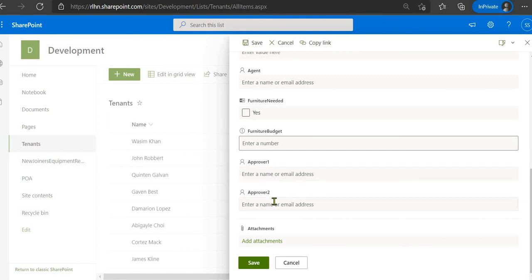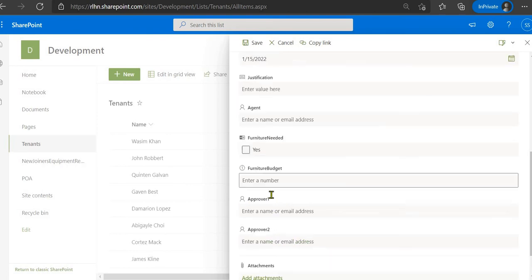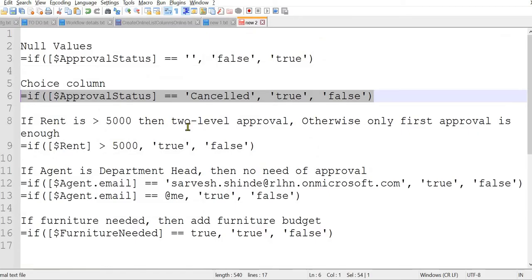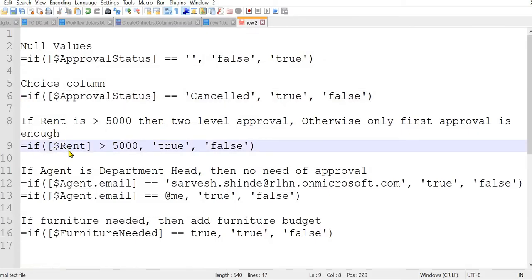So we'll just add the condition now. What we need is to add the condition on the approval 2 column depending on the value of the rent, which is a number column. So I'll just again copy this condition, again the same. You can make use of all these operators, less than or equal to, greater than or equal to, all these operators you can make use of. So my rent is greater than 5,000, then show approval 2, otherwise not. So I'll just copy this